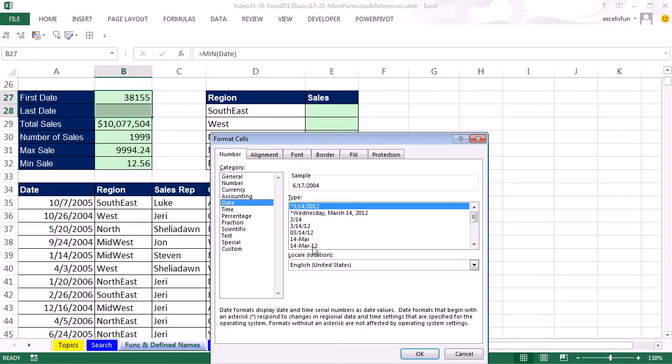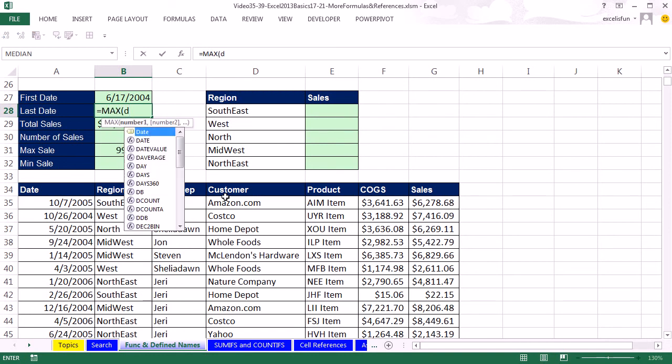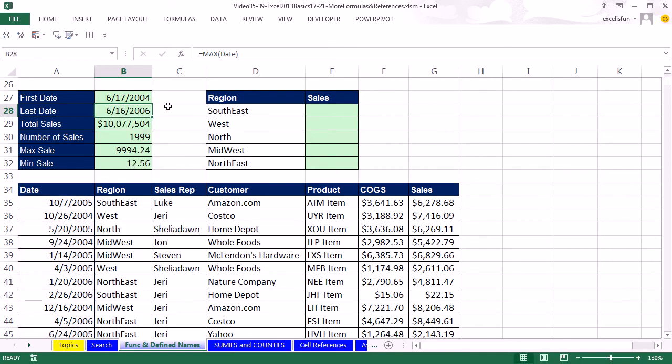We actually didn't even look at this back in our number formatting. Look at this one. If you wanted to see the actual day, you could select that or any one of these. So even though there's a serial number underneath, we can display it in many different ways. I'm going to select the one at the top. By the way, try this one. It's cool. It tells you the actual full day name. All right, so now both of these cells have the date number format. So 6/7/2004 is the first date, equals max tab D. I'm making sure I see my dog tag and not the function icon tab. Control enter. So it looks like the dates are from 6/17/2004 to